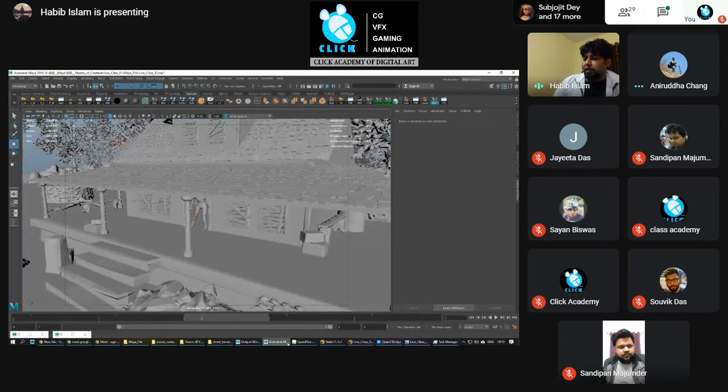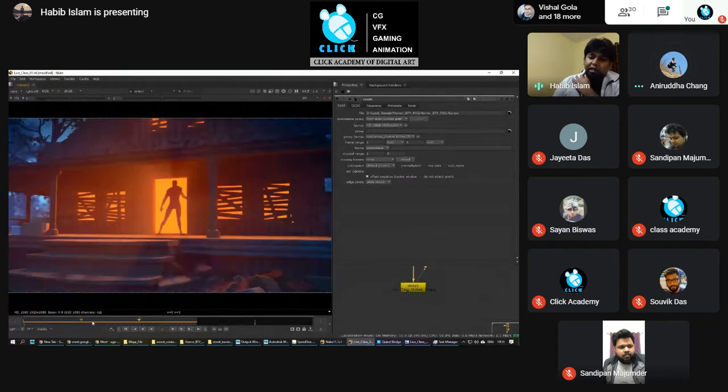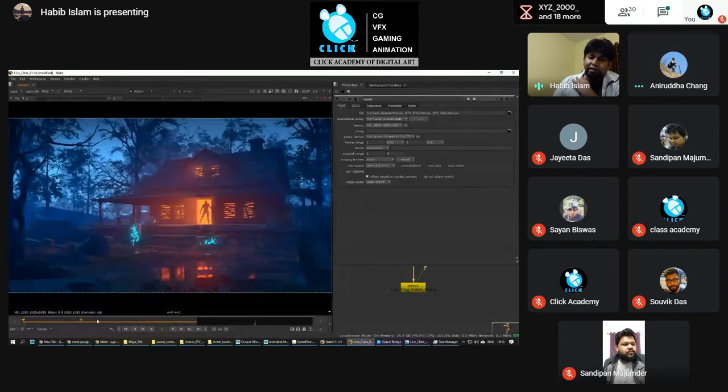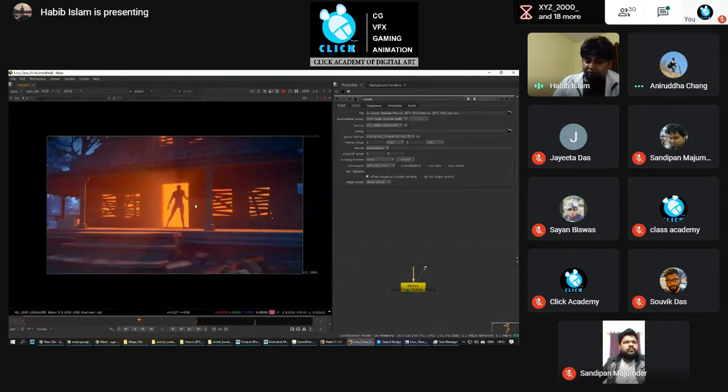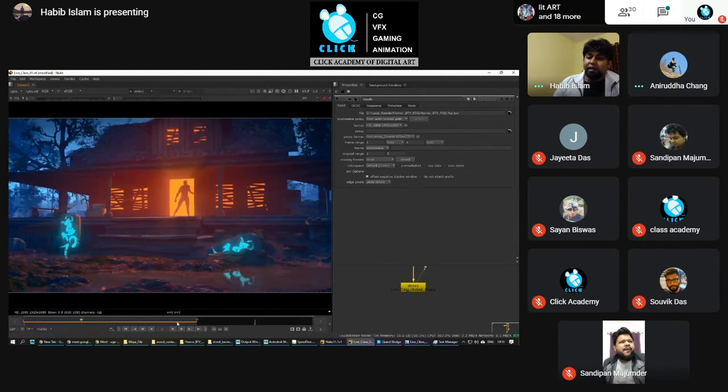Like I did the lighting for one camera angle only, but whenever I'm changing the camera, the lighting is not changing and it is working for all the angles. So if you're working in a production or any personal project where you want camera movement, obviously you need to do the lighting for all angles, so that wherever you put your camera, the lighting will be the same.